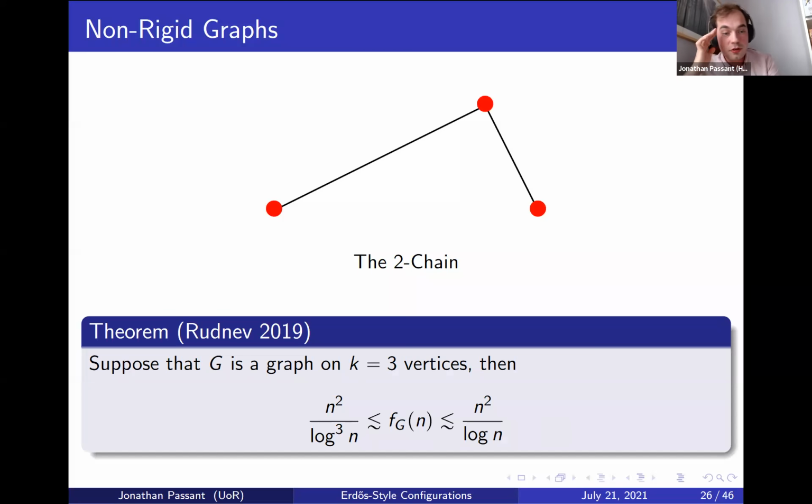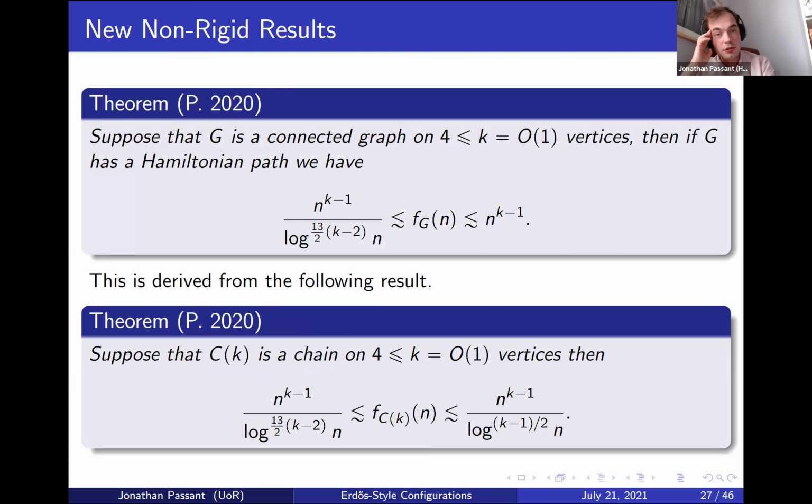Okay. And so the first kind of progress on non-rigid graphs was made by Misha Rudnev in 2019, and he proved a sharp up to logarithms bound for the two chain. And once you've got it for the two chain, in the triangle, you've got it for all graphs on 3 vertices. Okay. And so the new results that I want to talk about today are expanding this to kind of any connected graph with a Hamiltonian path. So if you take any graph with a Hamiltonian path, you now have up to these log factors, which you expect to be there, as you see in the second result,